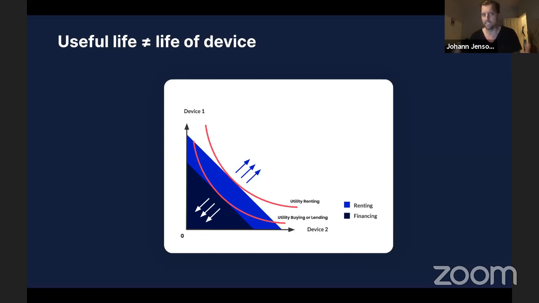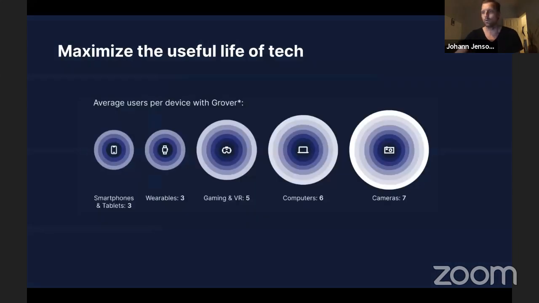Typically they sit unused. And so the idea here is that you want to be in high utilization at all times. That blue band is essentially the best place for the consumer to be, and that's what we're supporting with this model. Whereas with financing, you have reduced utility over time. So one of the main goals is to maximize the useful life of the asset.